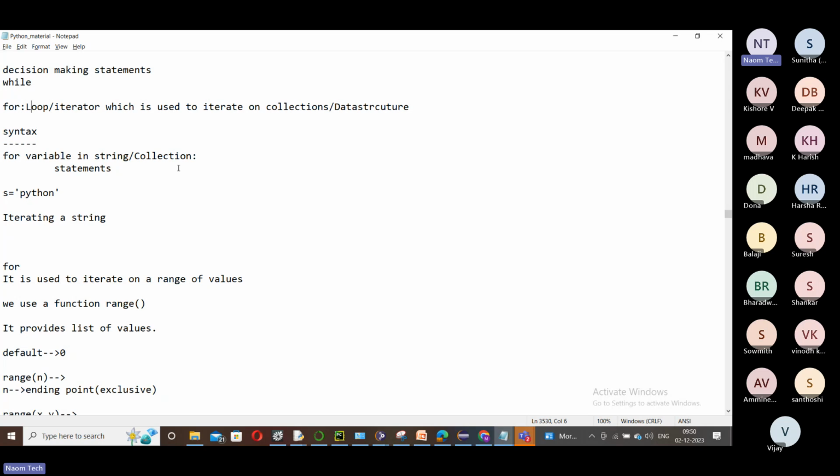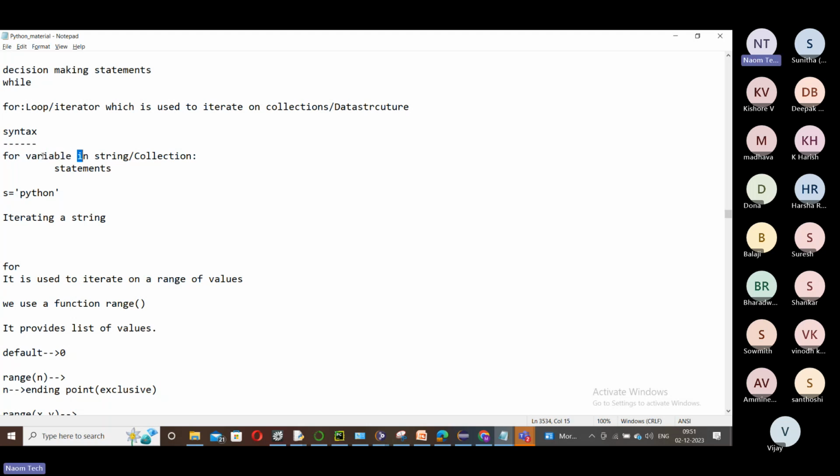That is fine. So now the point is, what is this for here? For is an iterator which is usually applied on collections or data structures in Python, right? And the syntax looks like this. For, this is a dummy or temporary variable, what we call.